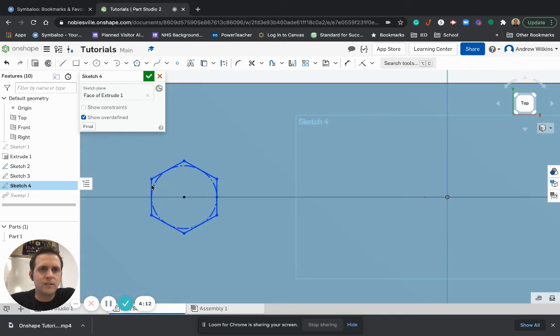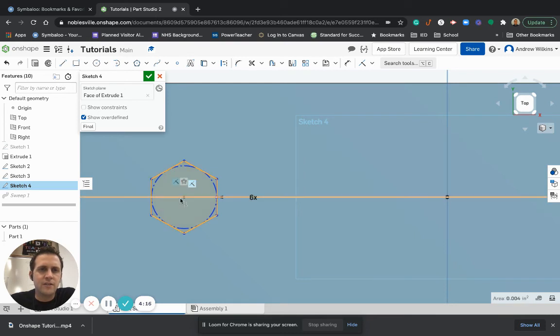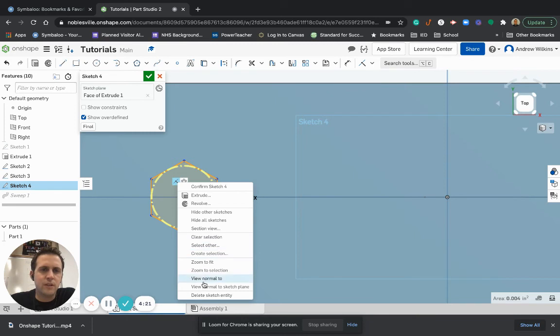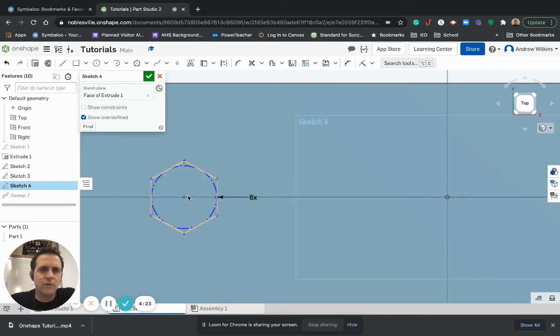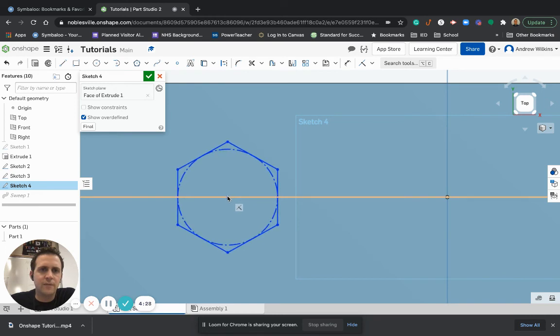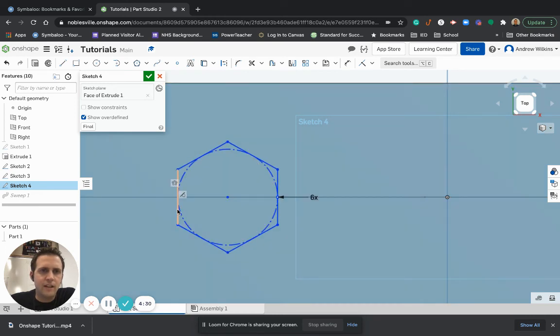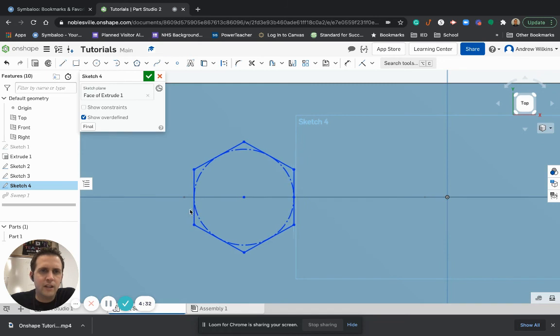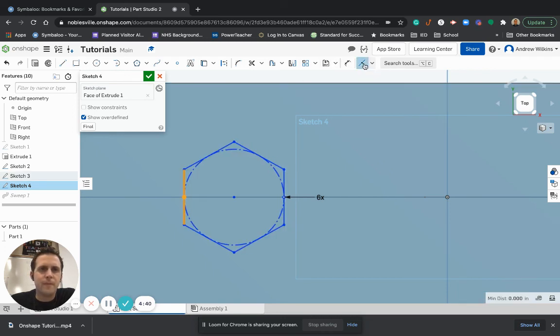Is that not working? Oh yeah, because I have my center right there. Let me move my center. I'm going to make it not coincident anymore, so I'm going to delete the center coincidence. I'm going to move that center over to here, and then I'm going to try and make this side coincident with that point right there. There we go. Now if I hit check mark,